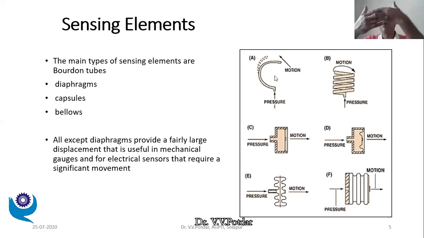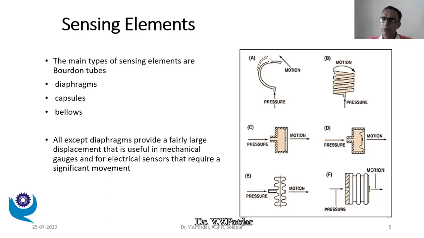Then, if you see the pressure gauge, you have in the background the scale. A white paper is there and a calibrated scale is there, showing 1 bar, 2 bar, 1 kg per centimeter square, or maybe Newton per mm square, whatever is the unit that is used. So you have a graded scale and you have the pointer, which is moving as per the pressure changes. Now, that motion is a gross motion. You are getting the angular displacement to the tune of maybe 30 degree, 40 degree, 60 degree, 90 degree, 120 degree. So this is the amplified angular displacement of this angular motion.